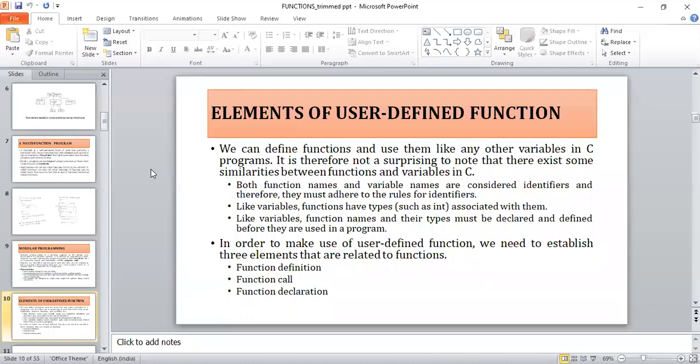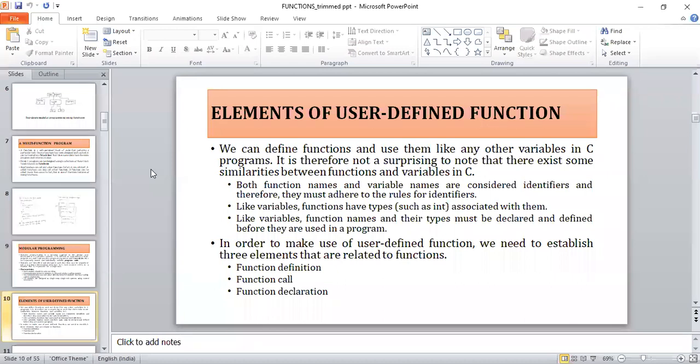For example, I want to perform addition of two numbers. What data type can I give? I can give it either as an integer, a floating point, or a double data type. And like any other variable, before you use it in your program, it has to be first declared as well as initialized. In a similar fashion, before using a particular function in your program, that function has to be declared and initialized.